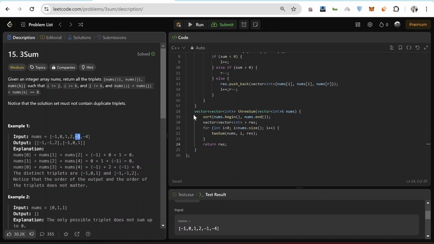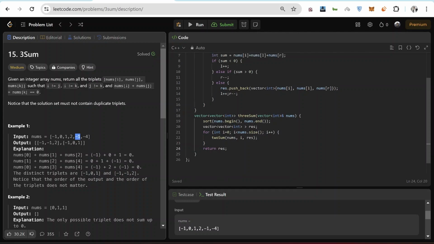So to avoid that, here I can put a condition that if nums I minus 1 is not equal to nums I, and this condition I only have to run when I is not equal to 0. So I can just put if I equals 0 as a condition here, and just add that here.